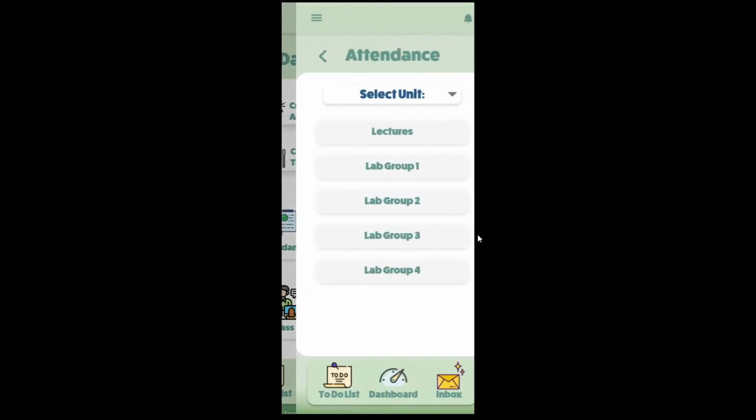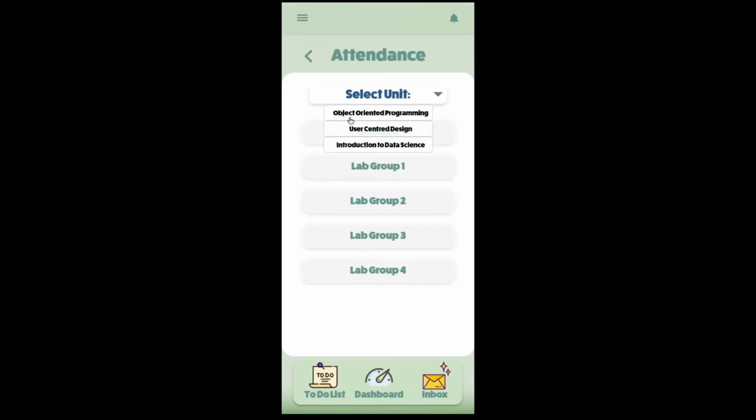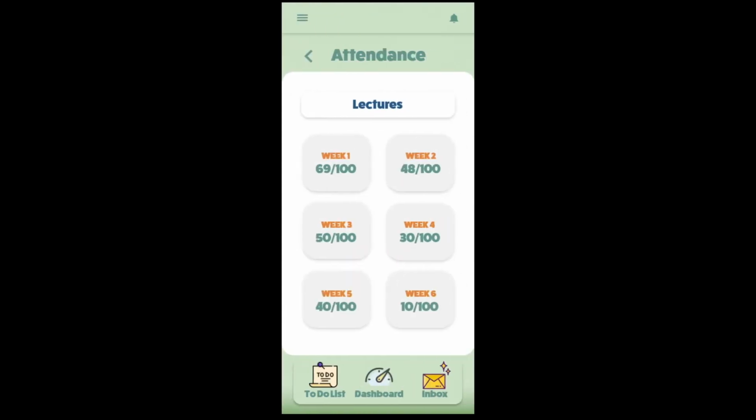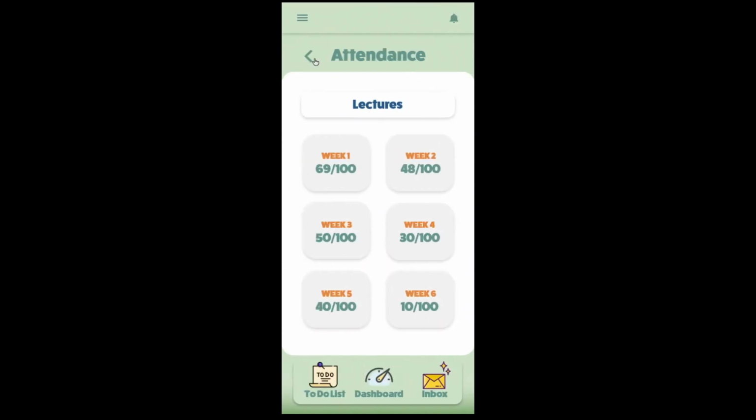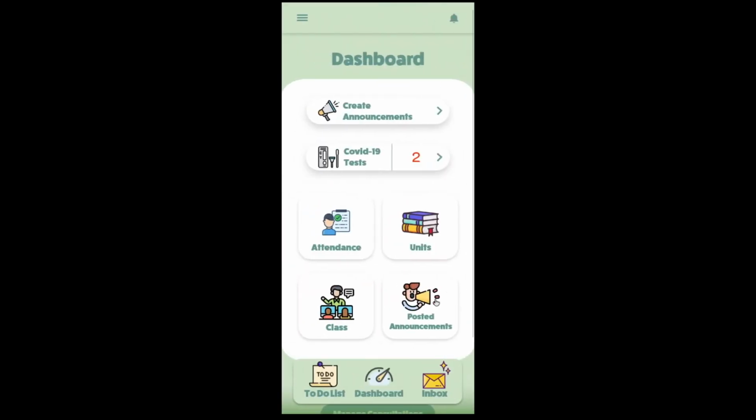So then after that, we can go to attendance. Once you go into attendance, you can choose which unit you want. So let's say object-oriented programming, and we can go to lectures, and then we choose a lecture. Let's choose the first week, and we download it, and this will download the attendance, which will make the teacher's life easier, and she doesn't have to do all the work on Excel. So once this is done,